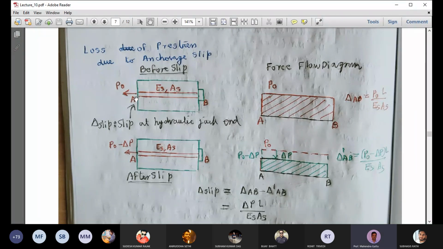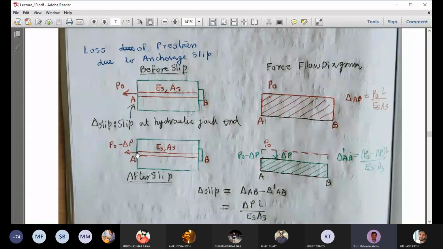And sometimes what can happen is the cable can slip a little bit to the right, and as a result the stretch in the cable is reduced, and therefore the pre-stress in the cable gets reduced. Okay, so if there is a slip happening here, and the loss of pre-stress, there is some slip, say the slip amount is delta. Okay, and we just indicate a slip to show that that is the anchorage slip which is happening there.